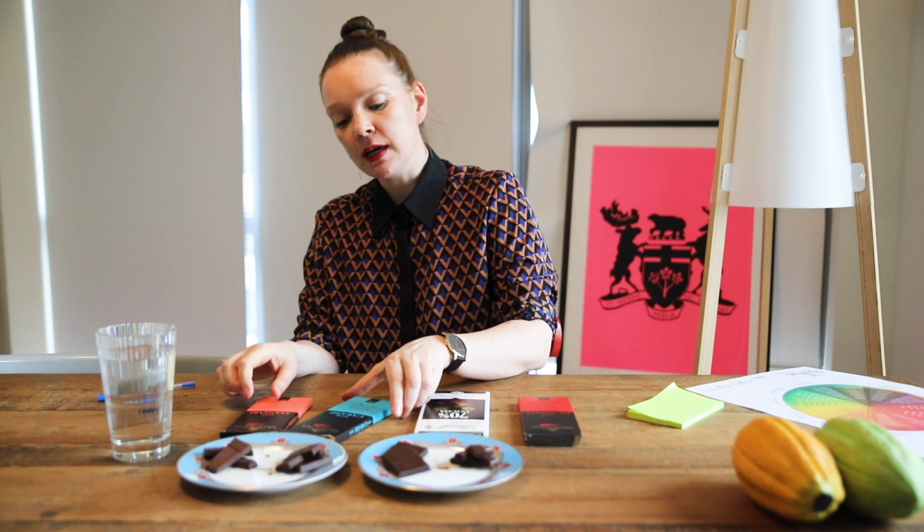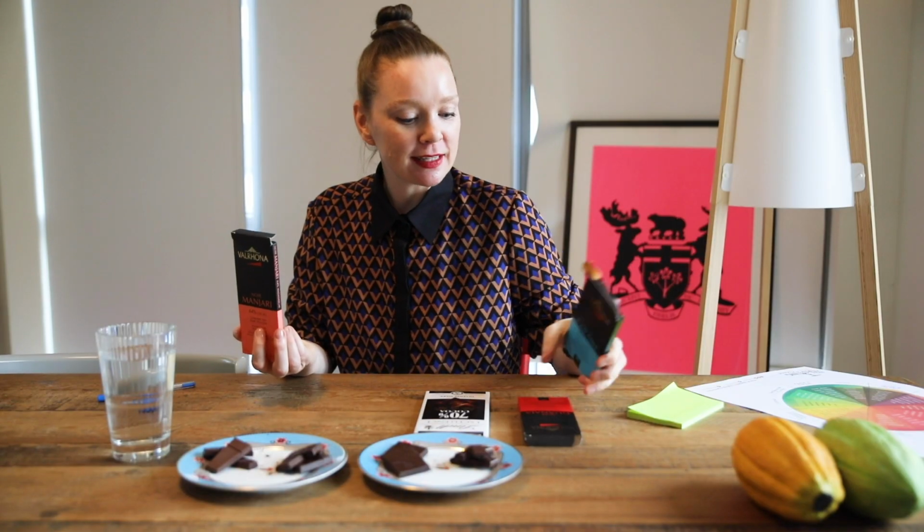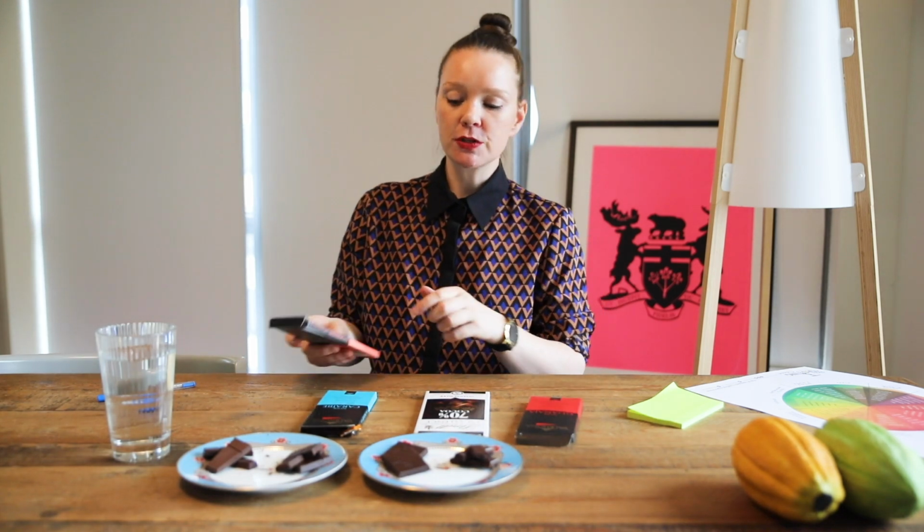Then I have 66%, also Valrhona, and a 64%. This one is also, like the 70%, a blend of regional beans, and this is a single origin from Madagascar. So when you're doing a chocolate tasting,